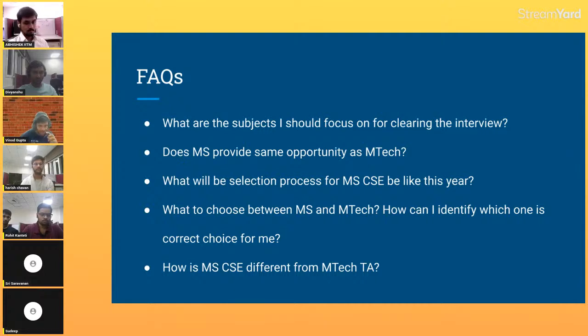I would like to add one point: if you are in the HTRA category, whether in MTech or MS, it doesn't matter, you would have the opportunity to have a stipend of 12,400, and you have to give 8 hours per week of assistantship to the teachers in any course. Basically, you will be assigned to one. If you are non-HTRA, then TA ship won't be there for you. If you are from RAP, then you will be assigned to some projects and you have to spend time there, and you will get a stipend for that.